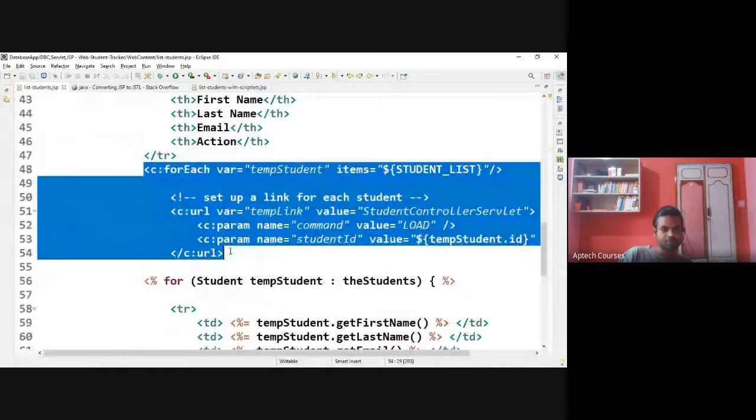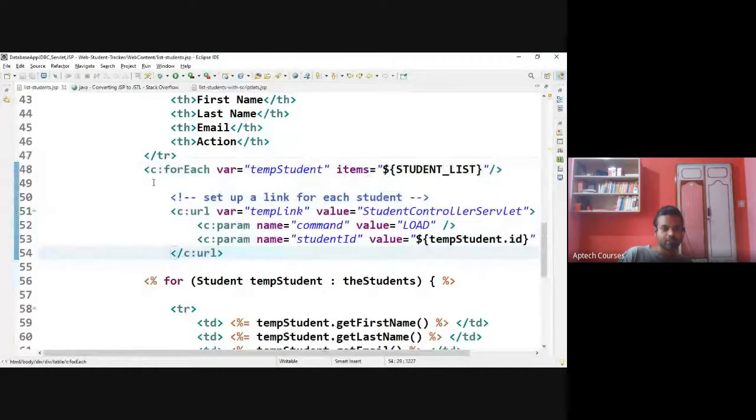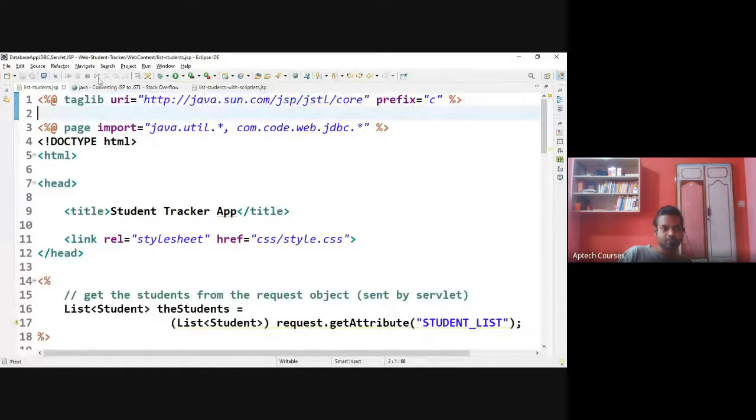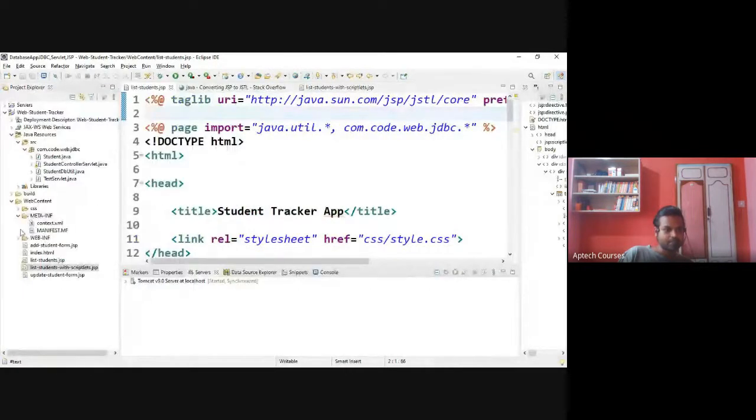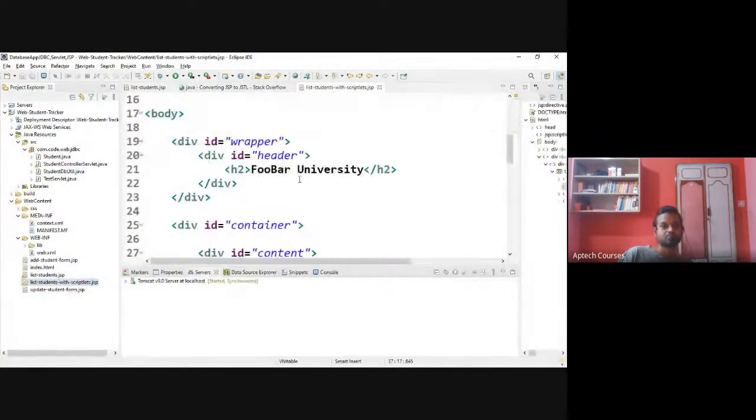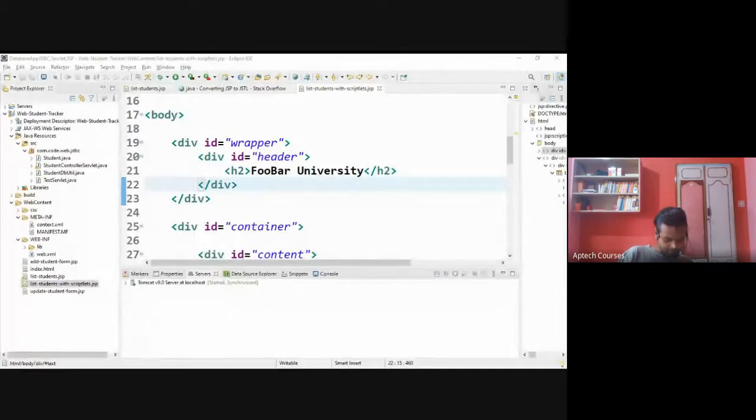This one. Instead of writing long for each, can write like this by using JSTL support. For that, we need to include that here. Before this, we need to keep those two files in the lib folder. Inside the lib folder, I have kept two files. Where is that lib folder? Here. Then